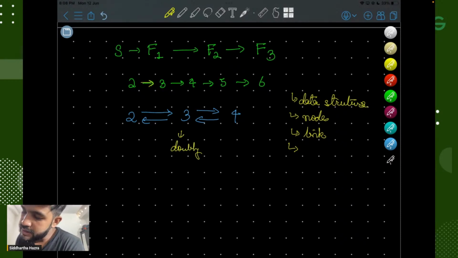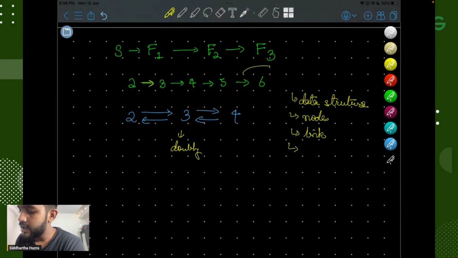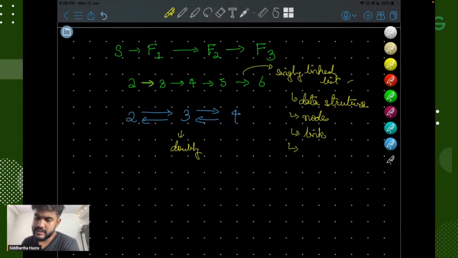Why? Because इसमें double connections है. Okay, इसमें single connection है. So as the name suggests, this is nothing but a single linked list. Okay, now why is linked list different, and why linked list is considered to be important, and why do we